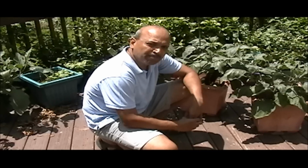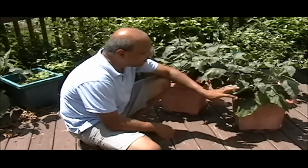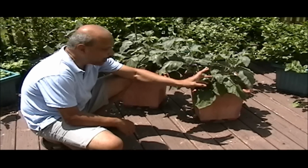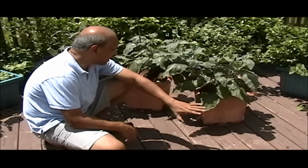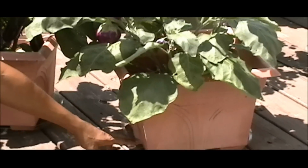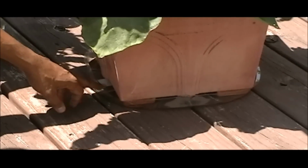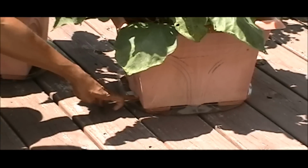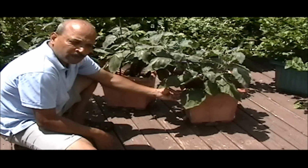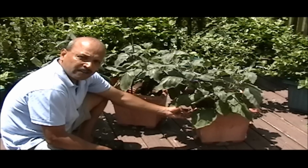Very important to keep the plant soil moist. Otherwise, the leaves will wilt and the flowers will not stay and the fruits will not produce well. So to help with that, as you can see, I have put a small tray at the bottom to hold water. So during hot summer days, the water that stays at the bottom will be absorbed through capillary action for the plant, so that if you water in the morning, it can stay until the evening